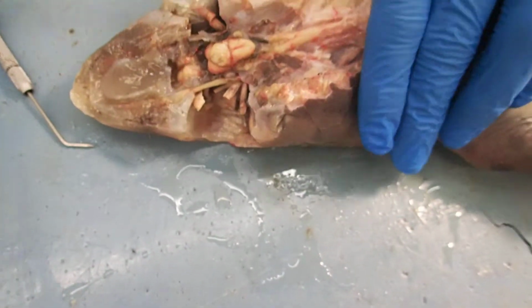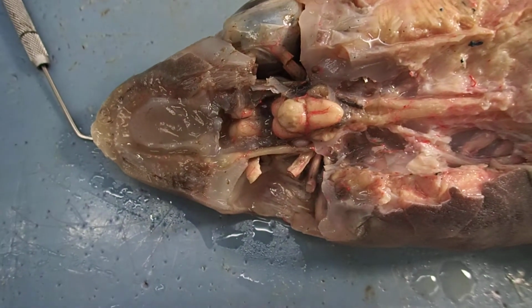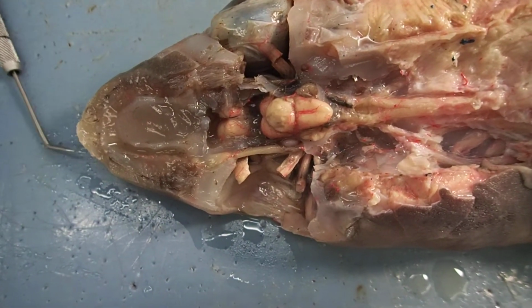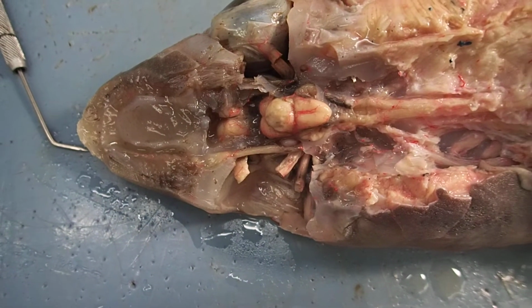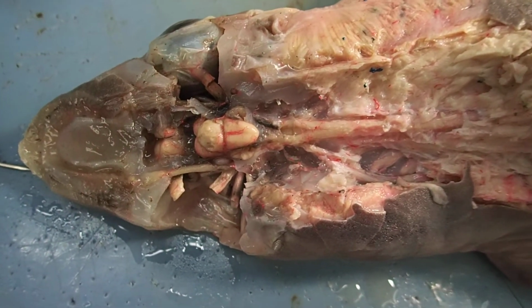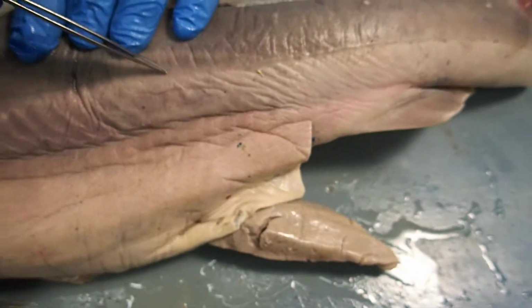The other big sensory organ that they're going to have to be looking at, especially for the cat, is the ears. With the cat, the ears have the pinnae. They're also going to have vibrissae, and we're going to talk a little bit more about the ear structures in just a little bit. So they've already looked at the lateral line system running down the entire length of the